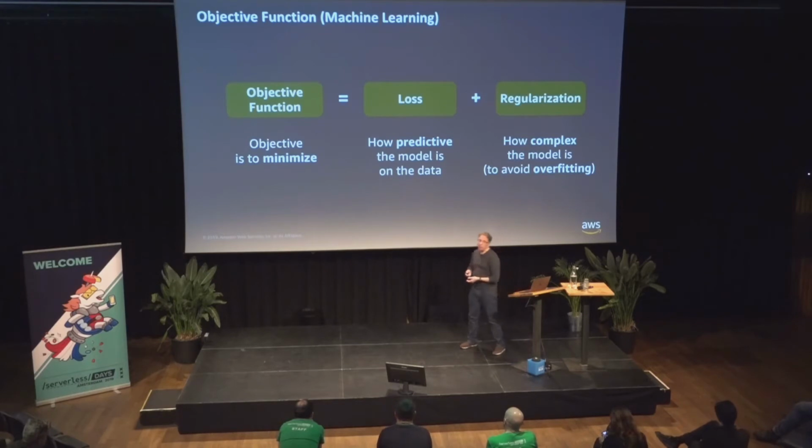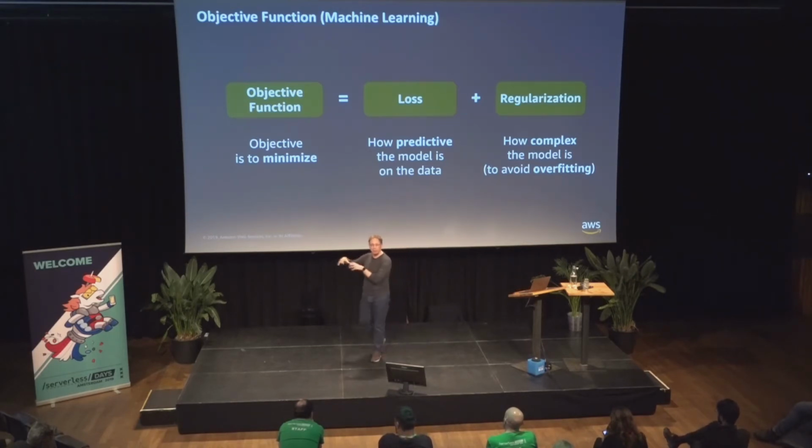For that reason, normally in machine learning, we use another term called regularization, that takes into account how complex my machine learning model is. Because if you create a machine learning model that is too complex, it's very good at adapting to the old data, but not very good with new data, because it's customizing its behavior for the old data and not extracting the real information from it. So regularization is a term that grows when something is too complex for this machine learning problem. And the sum of these two terms is something that you want to reduce.